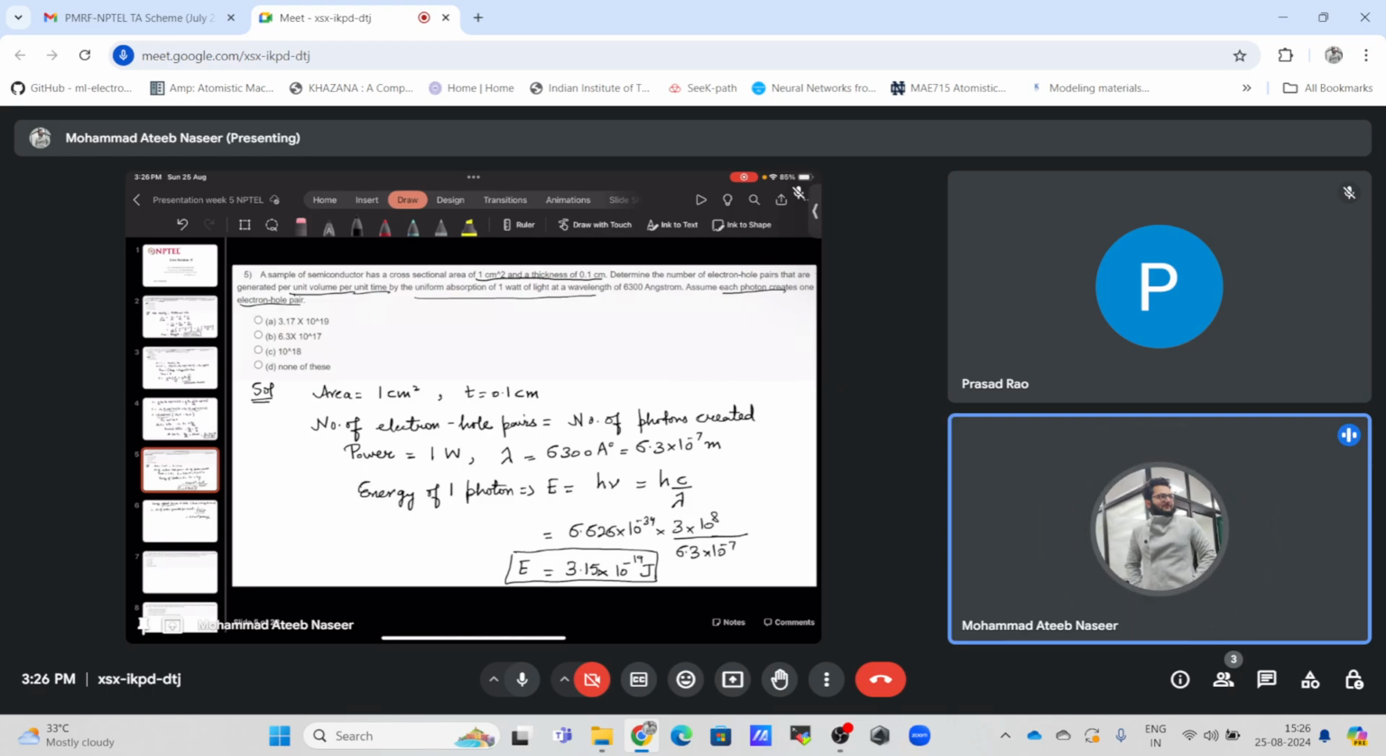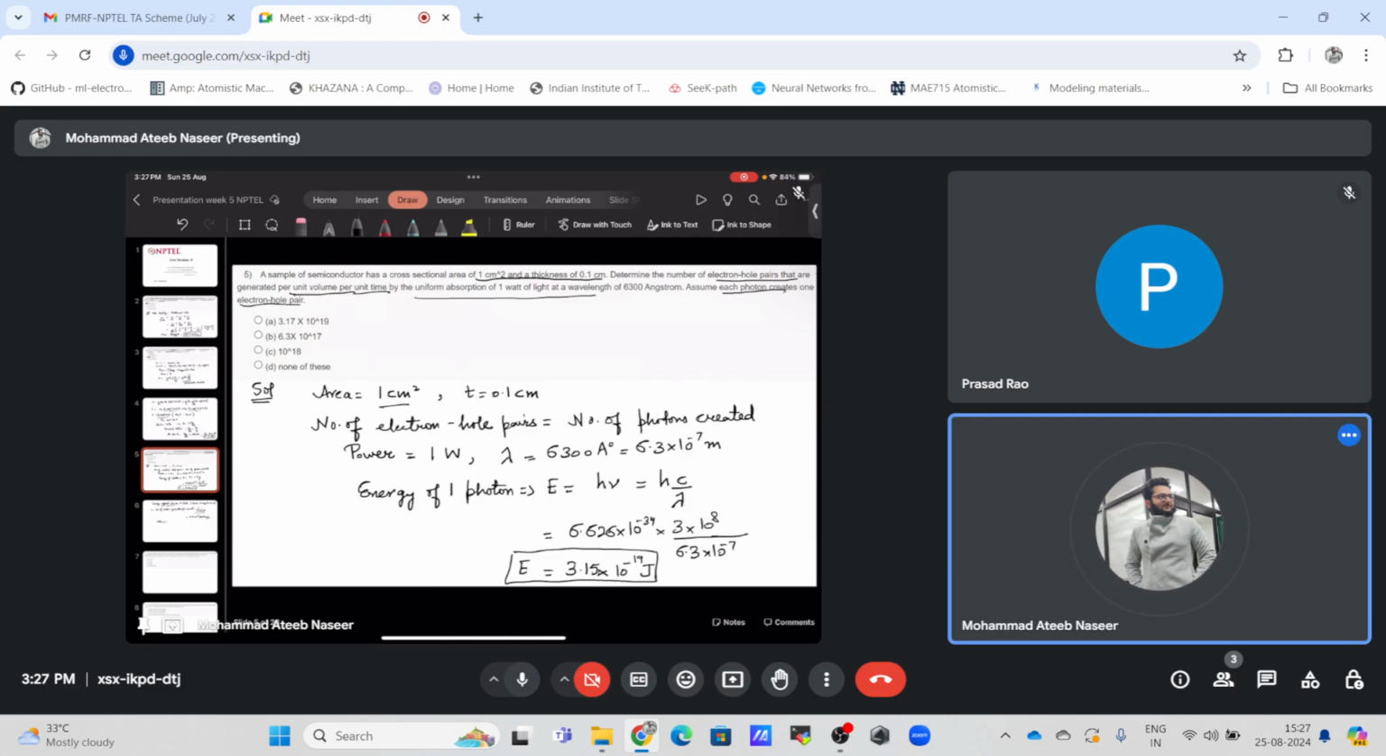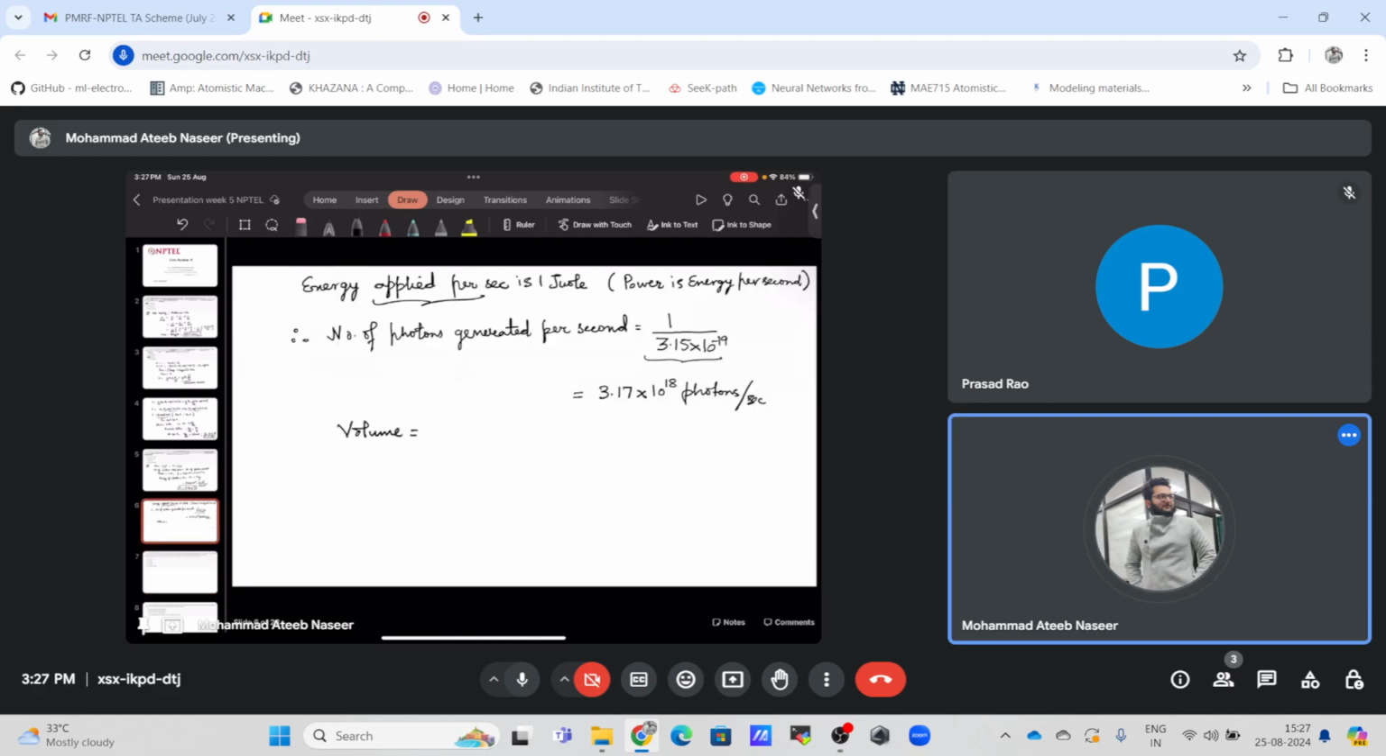So we have to find the number of electron hole pairs per unit volume per unit time. For this we need to find the volume first, because we have to express it in units of per unit volume. The area is 1 centimeter square and the thickness is 0.1 centimeter, so in total the volume is 0.1 centimeter cube. So the number of electron hole pairs generated per second per unit volume